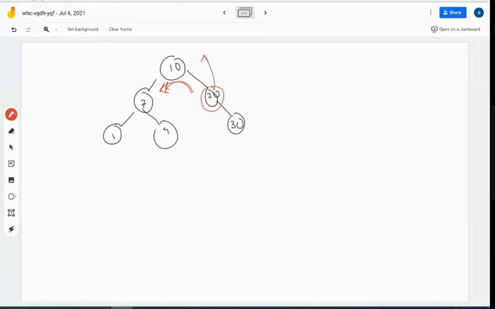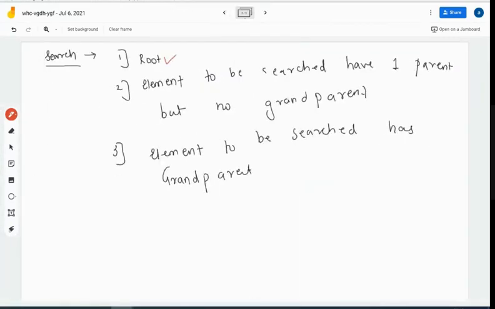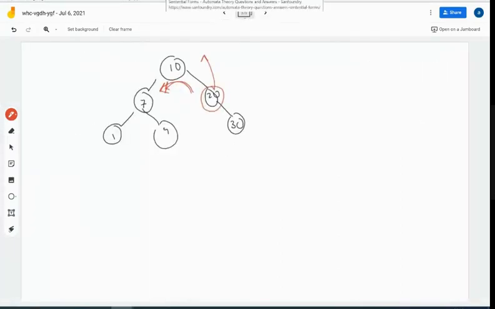This is when the node to be searched has only one parent, there is no grandparent. So first situation, if it is a root, we don't have to do rotation. Second situation, when there is only a parent but no grandparent, then this is simple. We just have to do the rotation. This rotation is called a zig rotation or zag rotation. It can be zig left, zig right, or it is also called zag left and zag right.